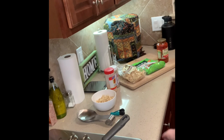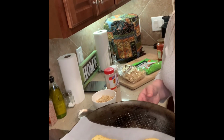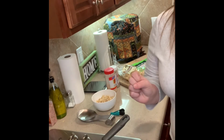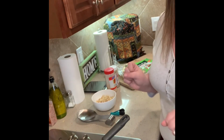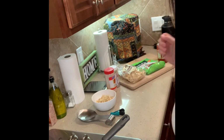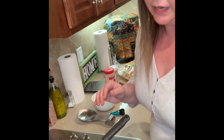Okay, so I have garlic bread ready to go into the oven. That'll go for just a few minutes while the pasta's cooking. Those are each 5 points. It's just a regular garlic bread. As far as pasta, for him, I use regular